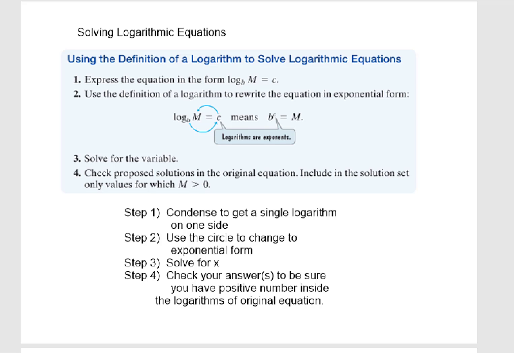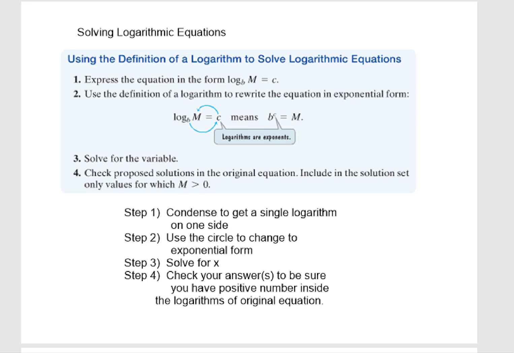This is 4.4 Exponential and Logarithmic Equations Part 2. We're actually picking back up right where we start looking at solving logarithmic equations. So in the first part, we looked at exponential equations and using what we know about logs and exponentials and their properties to solve those. And so now we're going to look at some logarithmic equations and use some of those properties to